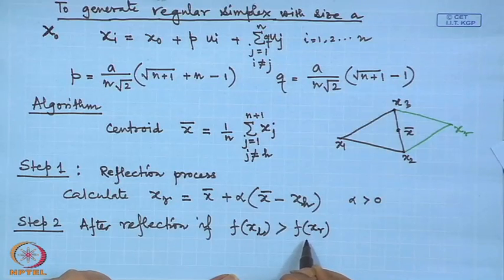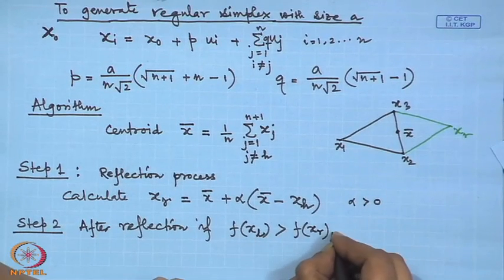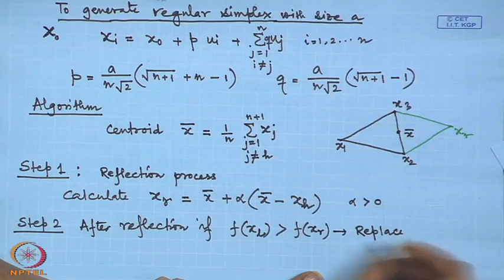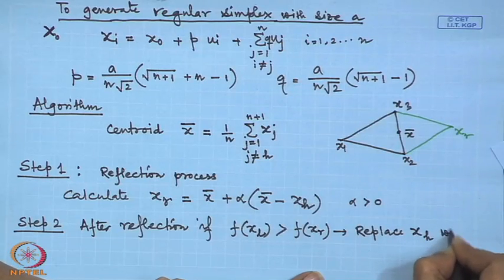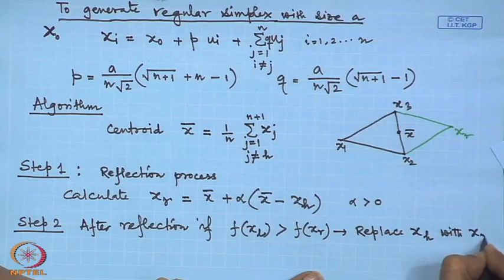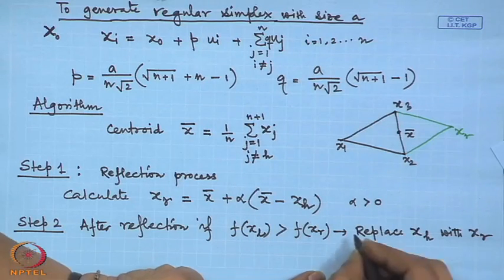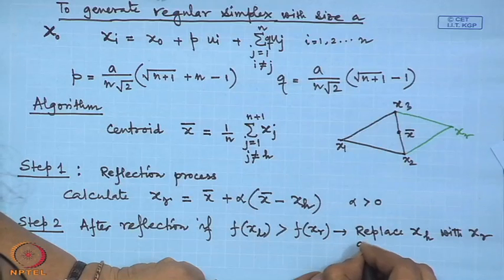That is why f x r must be preferable to us. What will we do? If this is so, we will replace x higher with xr. That means in the next simplex we are rejecting xh and we will select xr as another point, and we will move to the next step,